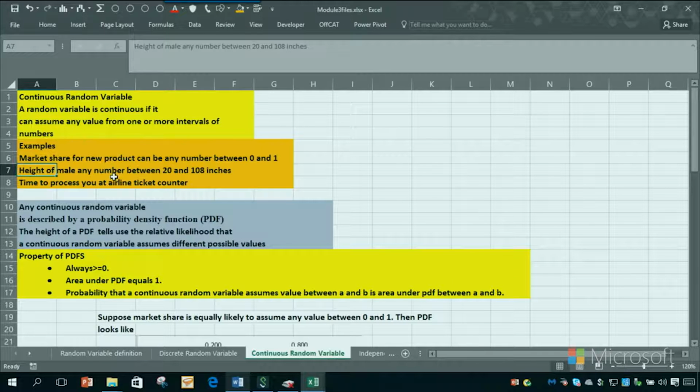The height of a male can be, let's say, between 20 inches and maybe 9 feet tall, 108 inches. But you could be any number, not just 21 inches, 22 inches. You could be 21.5, you could be